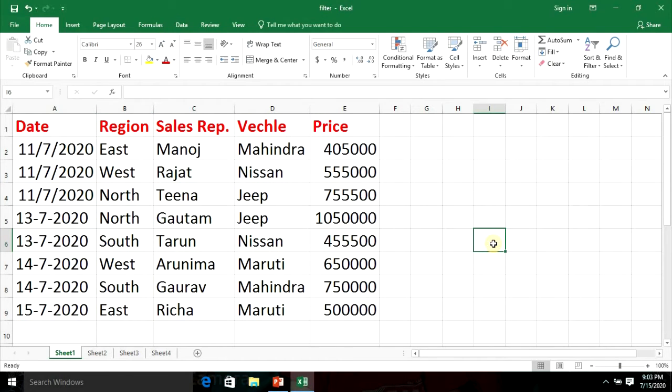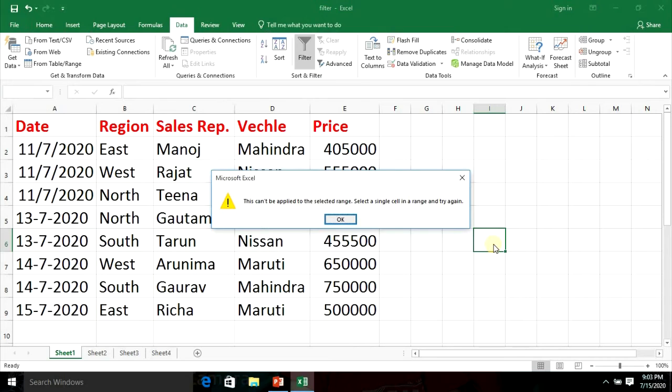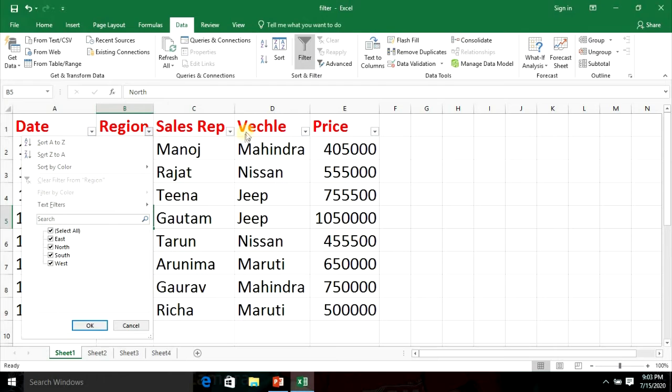Another one is press the Alt key, then press A and then press T. Again select any cell of these records. Now again press Alt, press A, press T. Now you can again see these drop down arrows.